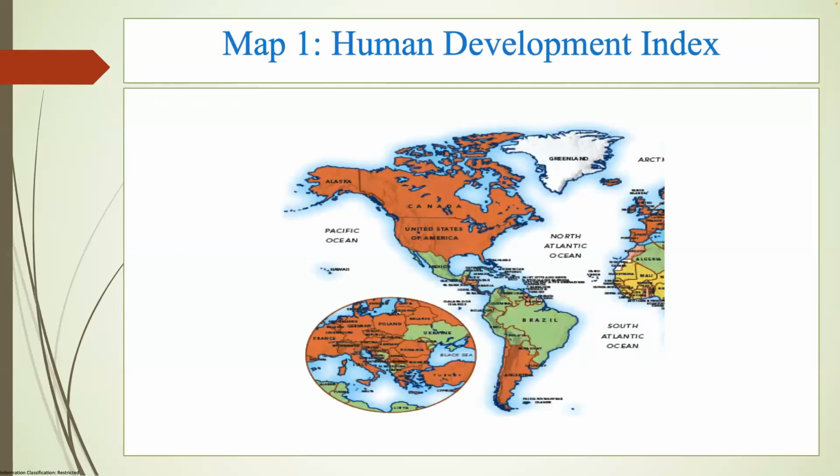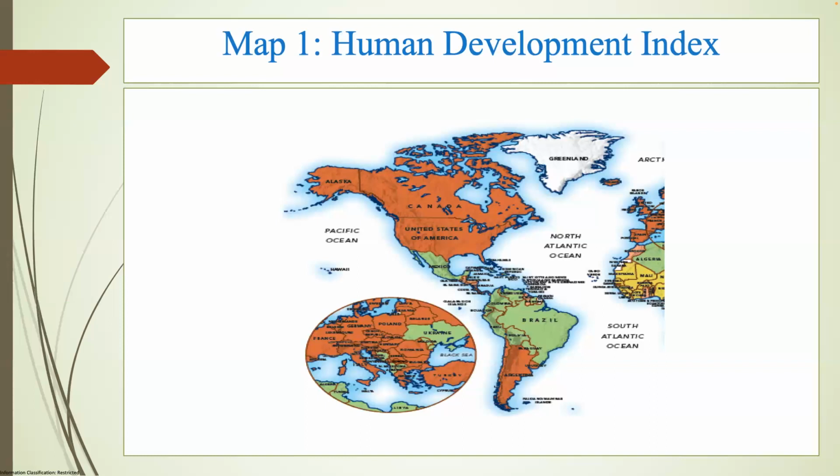Map 1 shows how countries rank according to the United Nations Human Development Index, the measure of the extent to which a government equitably provides its people with a long and healthy life, education, and a decent standard of living. The map divides nations into 4 categories: very high human development, high human development, medium human development, and low human development. The countries at different human development levels are as follows.